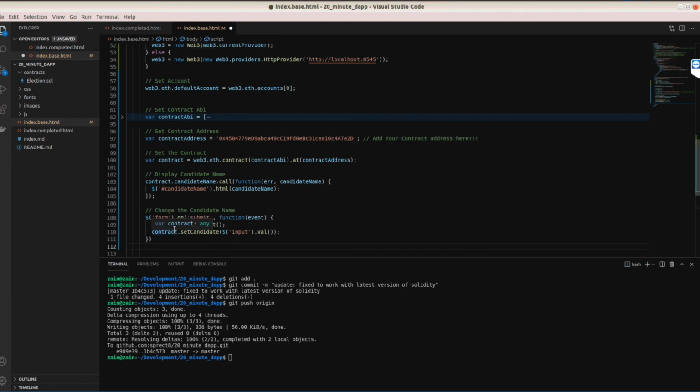First, we'll add a listener to the form object so that when the user clicks the Add Candidate button, we can pick up the submit event. Next, we'll call the prevent default function on the event object passed to our function, so our form doesn't get refreshed when the button is pressed. So then finally, we grab the new candidate name by getting the only input text field on the screen and calling the setCandidate function on the smart contract. Let's save the file and test out